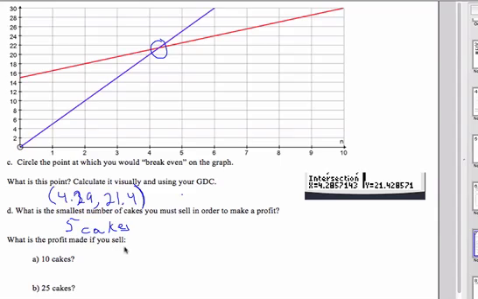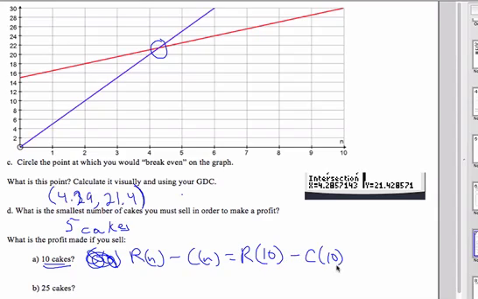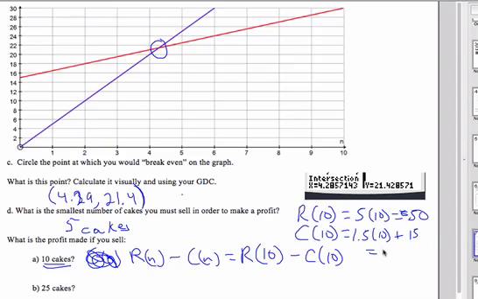Okay, so what's the profit you make if you sell 10 cakes? You need to take your revenue and subtract your cost. So you're going to take your revenue at 10 cakes minus your cost for 10 cakes. Your revenue is going to be 5 times 10, which equals 50. You make €50 for 10 cakes. Your cost at 10 cakes is 1.5 times 10 plus 15, which equals 15 plus 15, which equals 30. So you do 50 minus 30, you get 20. It's a little bit disorganized here because I've got limited room. So €20 is your profit